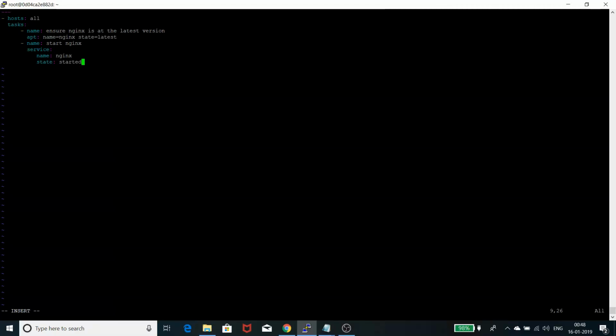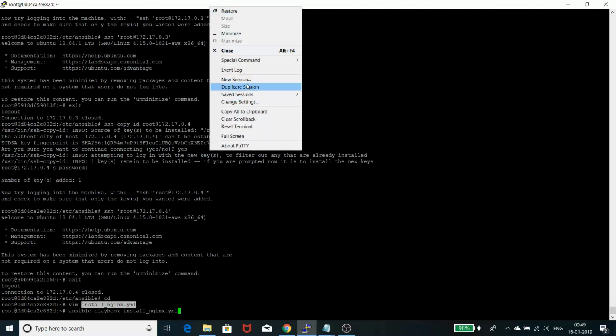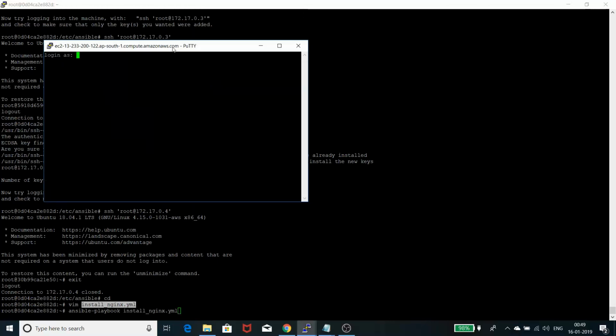And then the next task will be start Nginx. So I will be using the service module, and in service I will be using which service I am going to start and what end state I want it to be in, which is started. So after I put this in my Ansible playbook, I will run it as ansible-playbook space my YML file. So before I do that, let me open two terminals quickly,